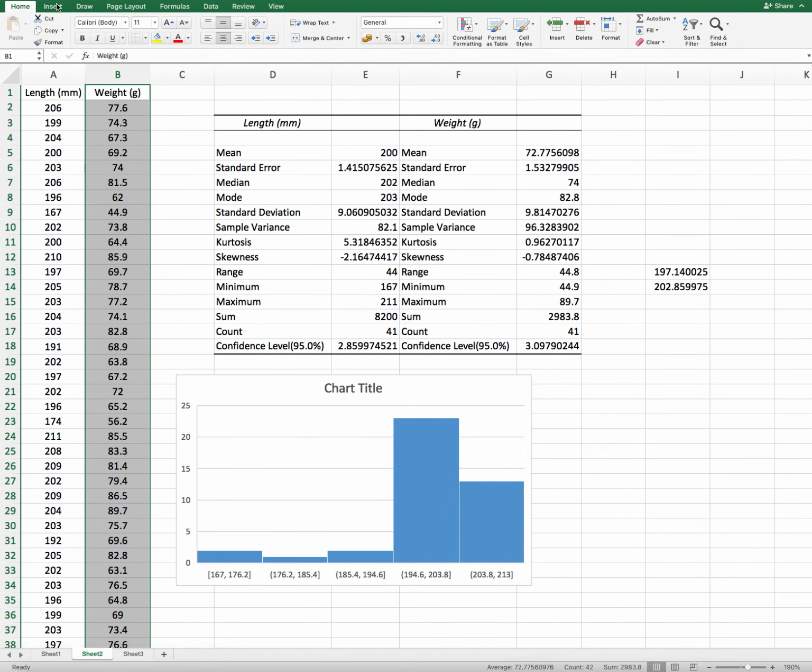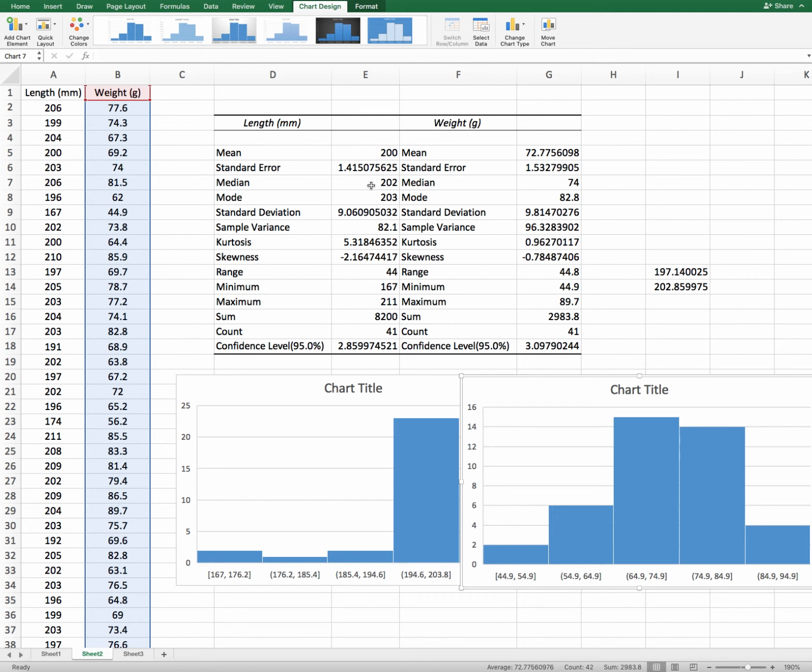Okay, so that is the way you can interpret the kurtosis and skewness of your data. Length is highly negatively skewed and leptokurtic, and here weight is about +1, so it's basically mesokurtic, and the skewness is also moderately negatively skewed. So I hope you get all the descriptive statistics of your data set.